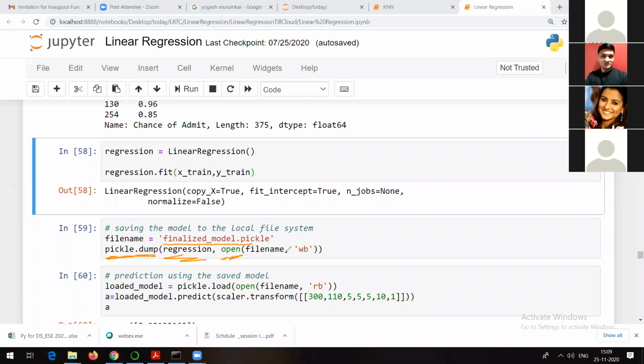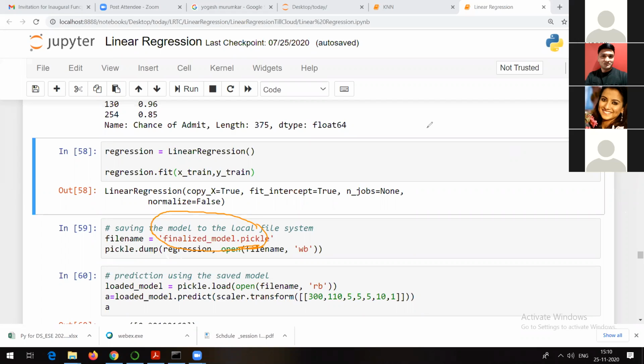We open this file in 'w' mode, meaning write, and 'b' mode, meaning binary. Binary means executable mode. So in simple words, I am just saving the model with this particular name. You can imagine .pickle like, in Windows, an executable file. Why are we storing it with this extension? Because if you want to use this model further in other projects, you can directly use this particular file. That's what I'm going to show you once we are done with this discussion.